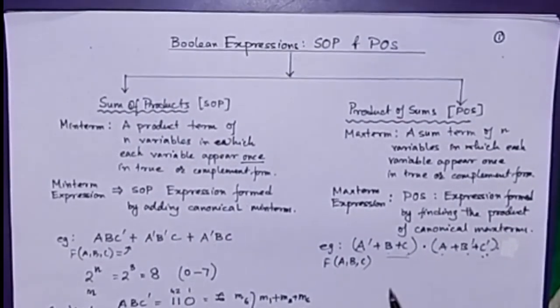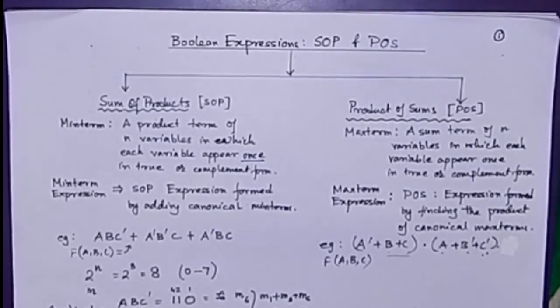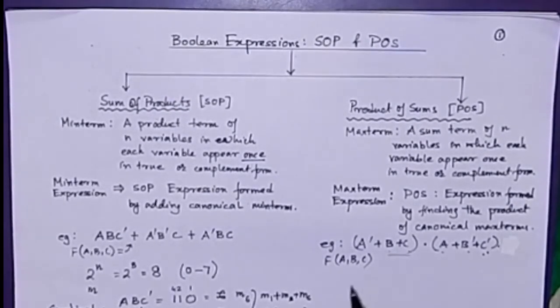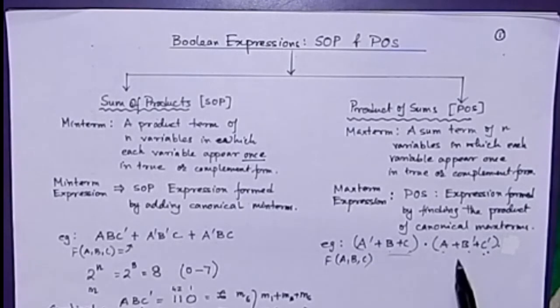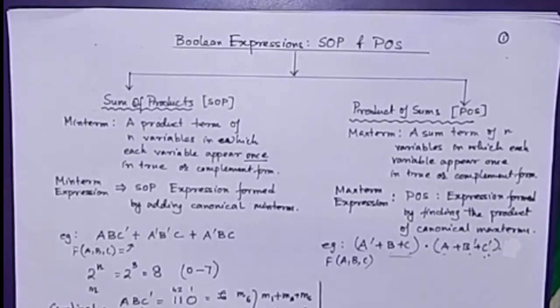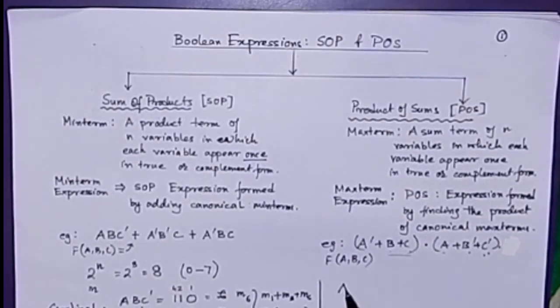Now if we move on to the POS form, if you want to write the cardinal form of this one, again we have to find out the decimal equivalent of these combinations. Let's start that. I'll just divide the page for convenience. First term is A dashed plus B plus C. Now in max terms, these are two max terms, denoted by a capital M. This is equivalent to